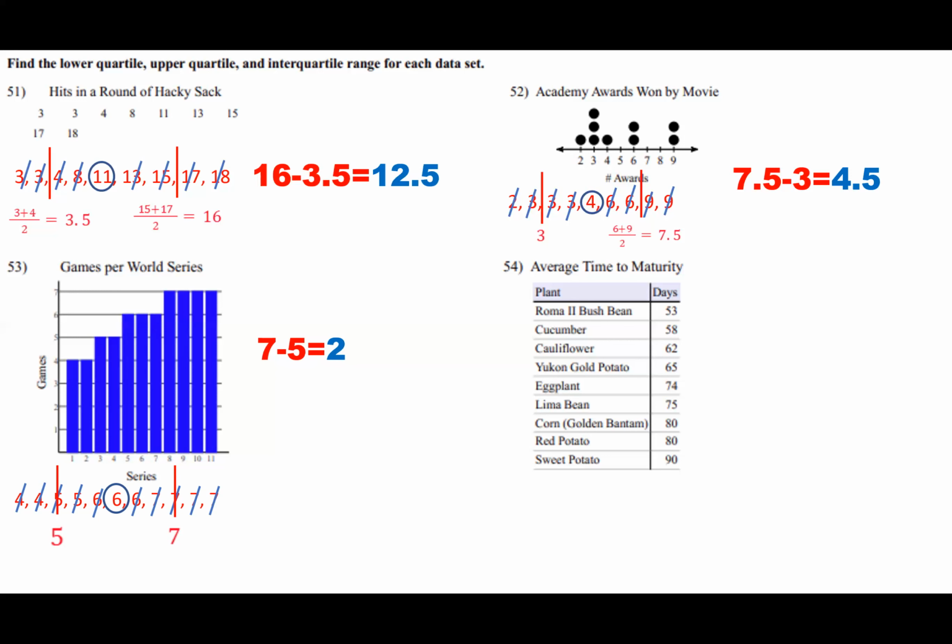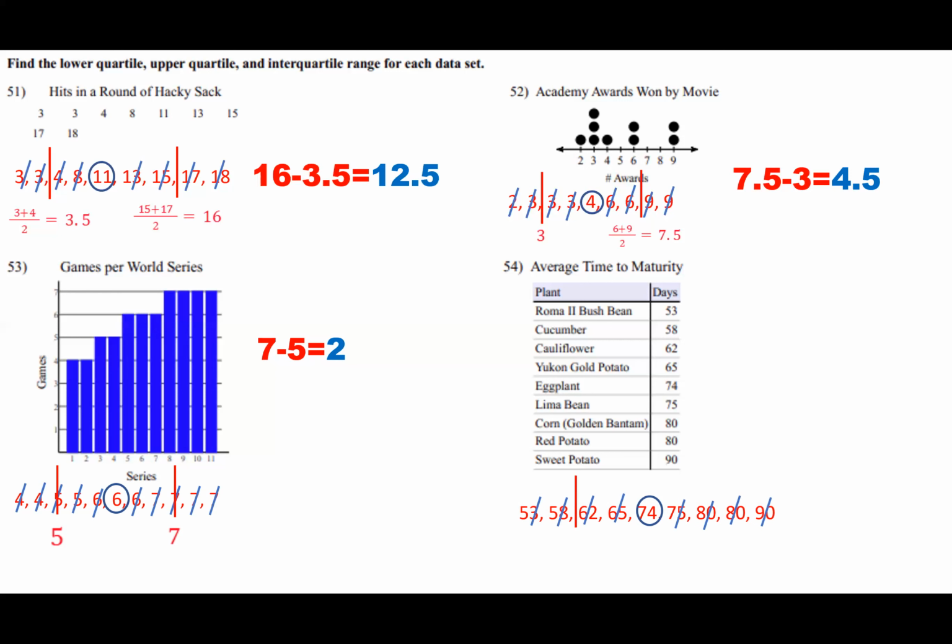Let's take a look at number 54. Let me list my numbers from small to large. Let me find the median. Let me cancel the smallest number and the largest, and again, and again. My median is 74. Now, in the numbers on the left, I'm going to say the median of those four numbers